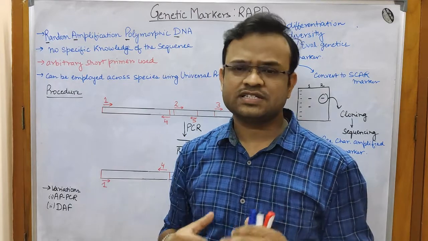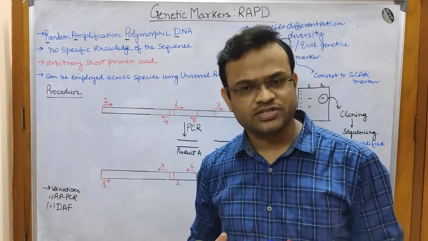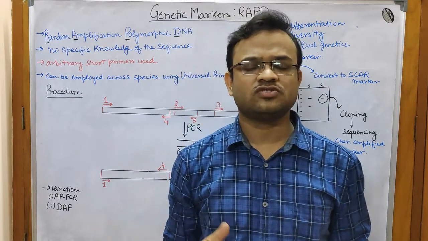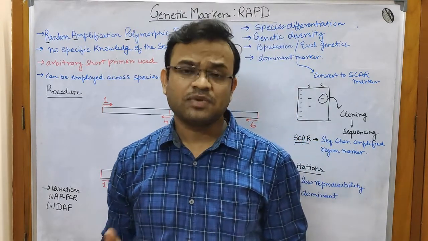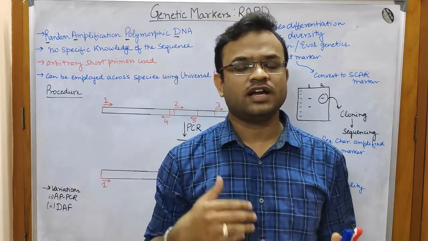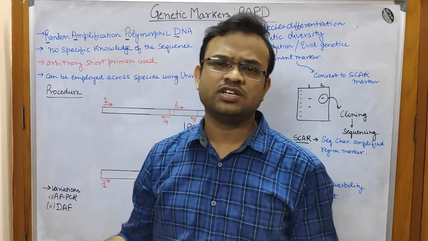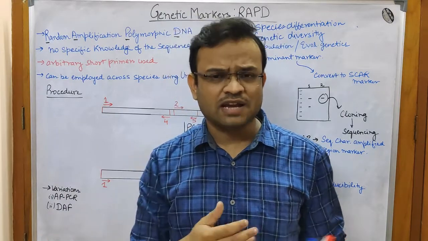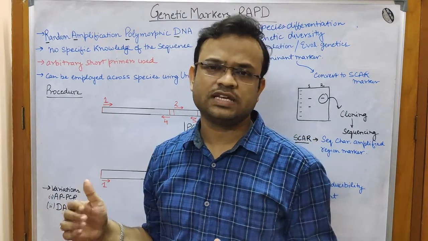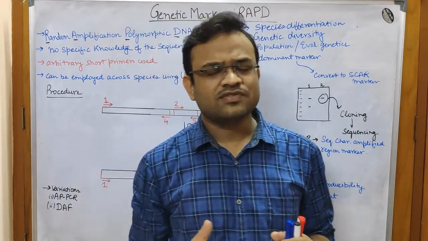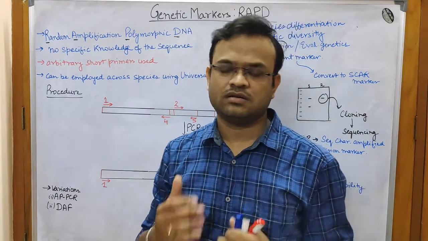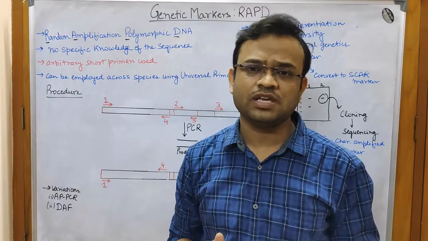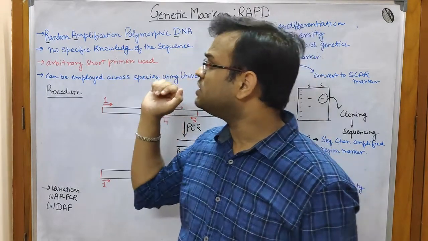Okay, so let us start by briefing upon what genetic markers are. Genetic markers are specific sequences of DNA that can be used to distinguish different individuals, different species, for allelic polymorphism, for genetic diversity. They can be used for these things, right? So in the last lecture we had discussed restriction fragment length polymorphism, that is RFLP. In today's lecture we would be dealing with RAPD.